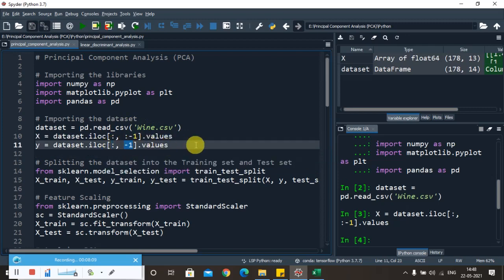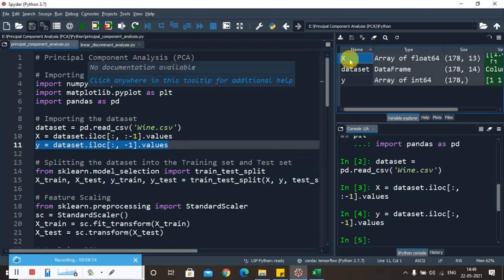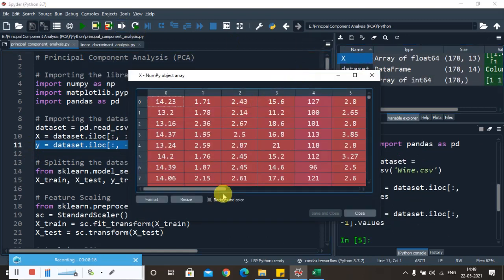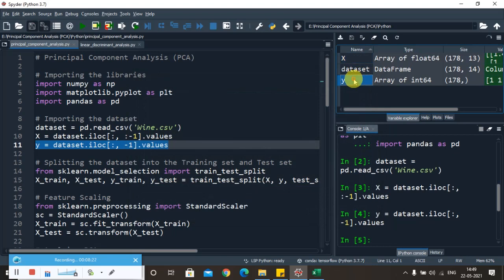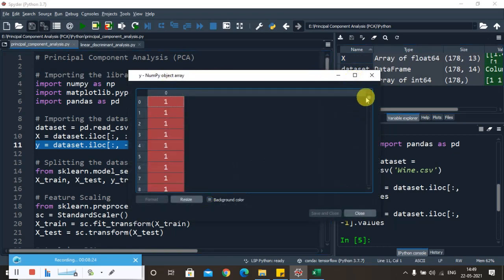We can execute these 2 lines, and you can see in X we have values till proline except the last column, and in Y we have only the values of the customer segments 1, 2 and 3. So there are 3 segments here.